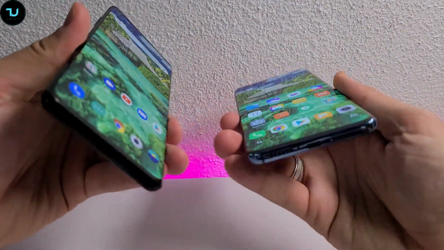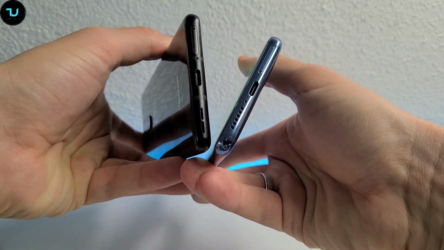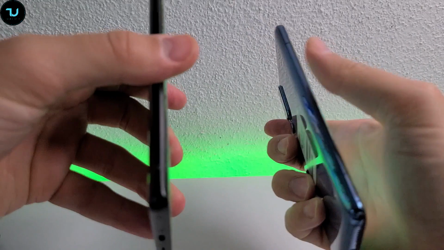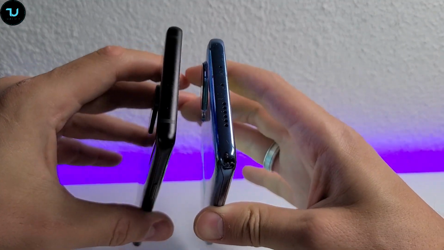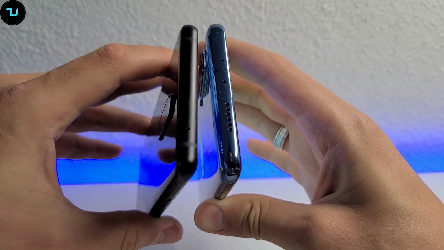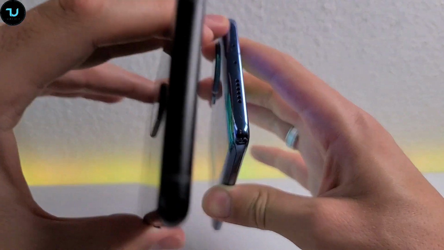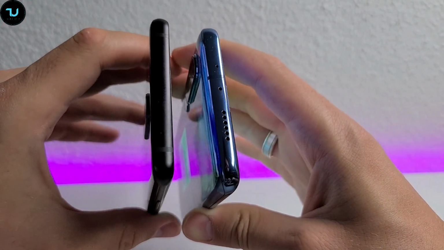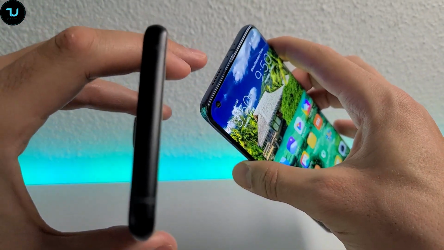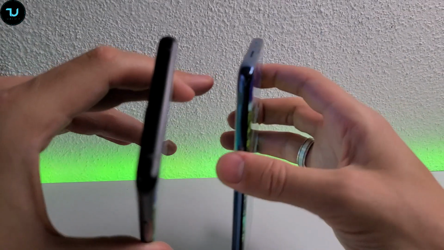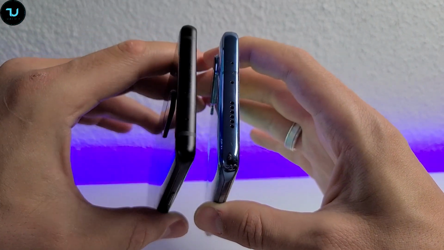Anyway, regarding the ports, Type-C USB port on the bottom, main microphone, main speaker, SIM slot with both of them on the bottom. On the left side we have the volume rocker with the OnePlus 8. On the top we have an IR blaster and a third speaker with the Xiaomi Mi 10. This is probably, if not the only, one of the few flagship commercial smartphones that has 3 speakers. Xiaomi Mi 10 has an earpiece, secondary speaker and main speaker on the bottom. So the stereo feature is more advanced in comparison to other ones, but not that big a difference,